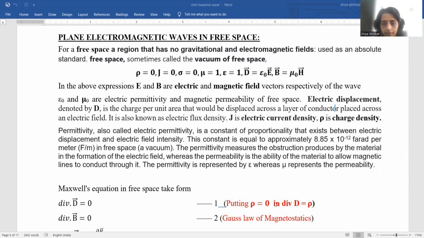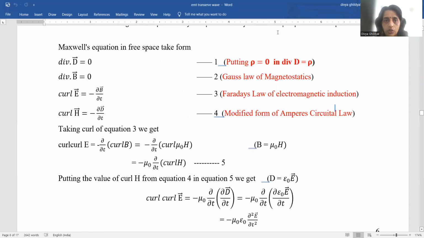Now let us start the derivation. This is a very lengthy derivation. So we go back to our Maxwell's equations. In our first equation of Maxwell, which was divergence D equal to rho, for free space we will put rho equal to 0 in this expression. So it becomes divergence D equal to 0. For the second equation of Maxwell, which is Gauss law of magnetostatics, divergence B equal to 0. Third equation of Maxwell, curl E equal to minus del B by del t, which is Faraday's law of electromagnetic induction,